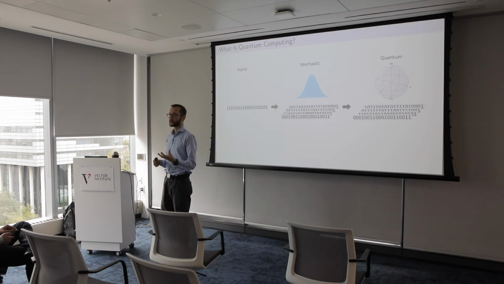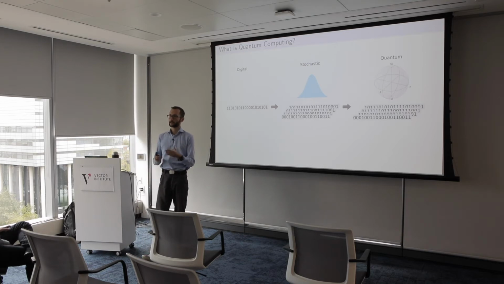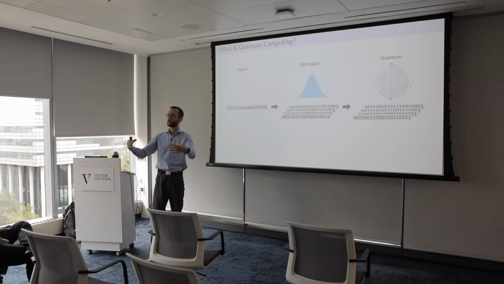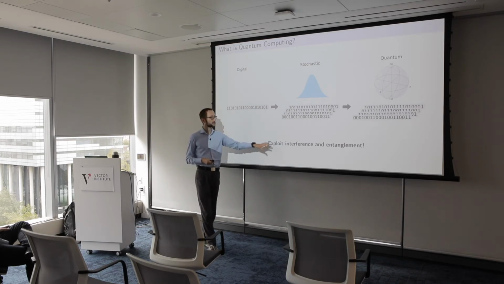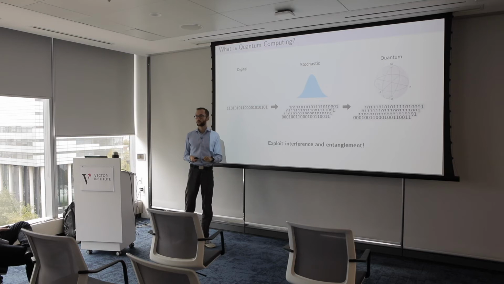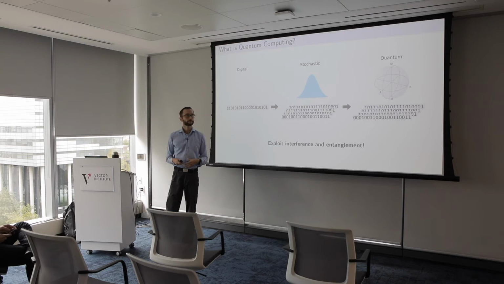A quantum state is nothing but a special probability distribution. So what a quantum computer does, it has this quantum probability distribution over bit strings, and the quantum calculation is basically a transformation of this probability distribution. So in other words, a quantum computer is nothing but something that transforms probability distributions in a specific way. And since it's not a classical probability distribution, you use these well-known quantum effects of interference and entanglement to perform your calculations. And this is what gives you this power. This is what gives you this advantage.